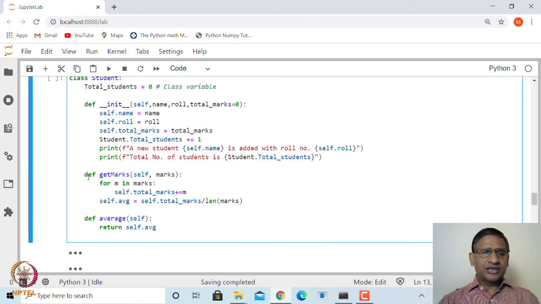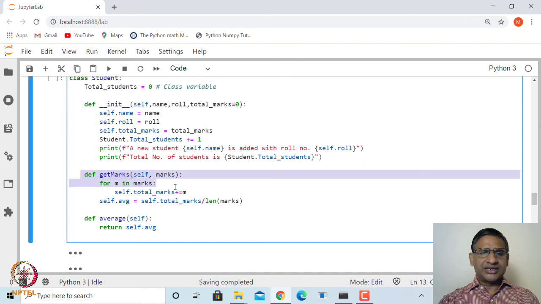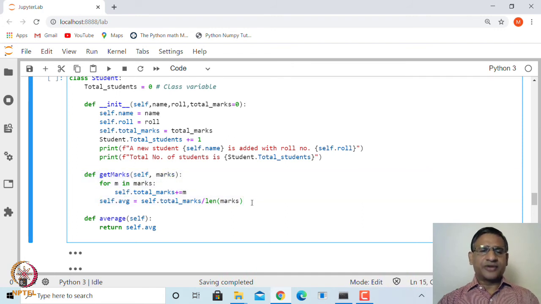So how do we create them? Creating a method is very similar to creating a function. We'll say def, the name as get marks, and again the first parameter will be self, this is the default parameter, and then this list of marks, I am calling it the variable marks. Now let us create a variable called total marks.